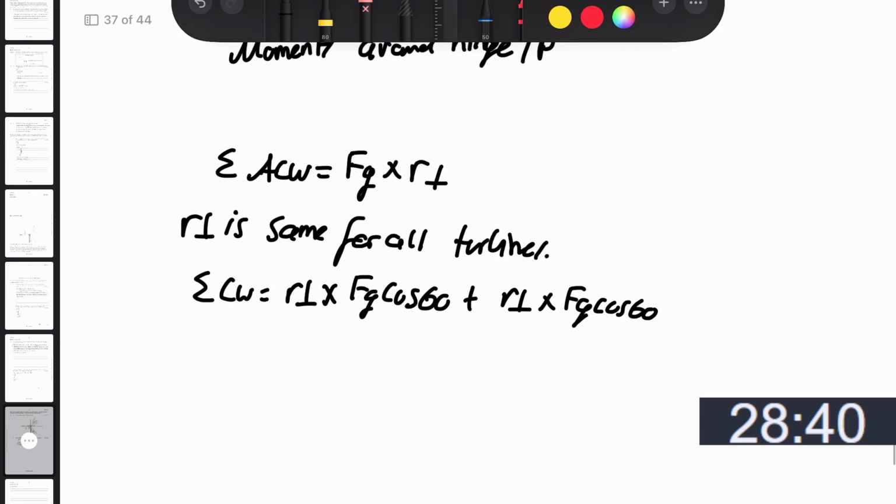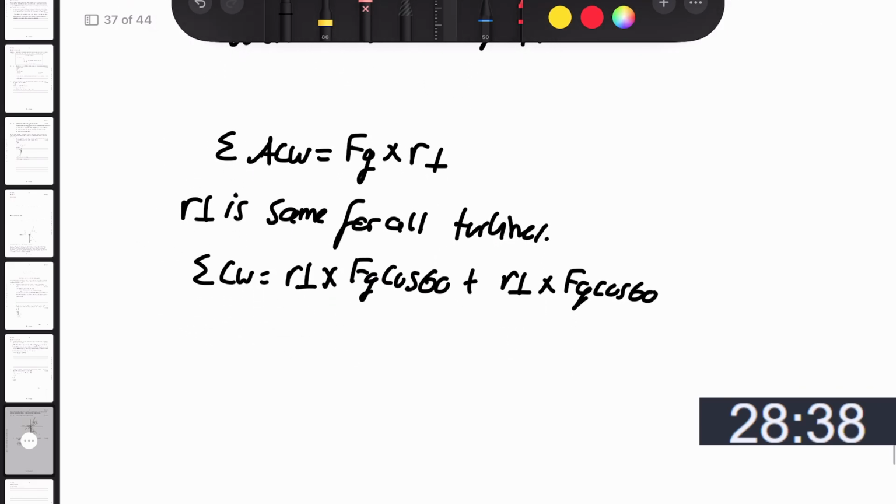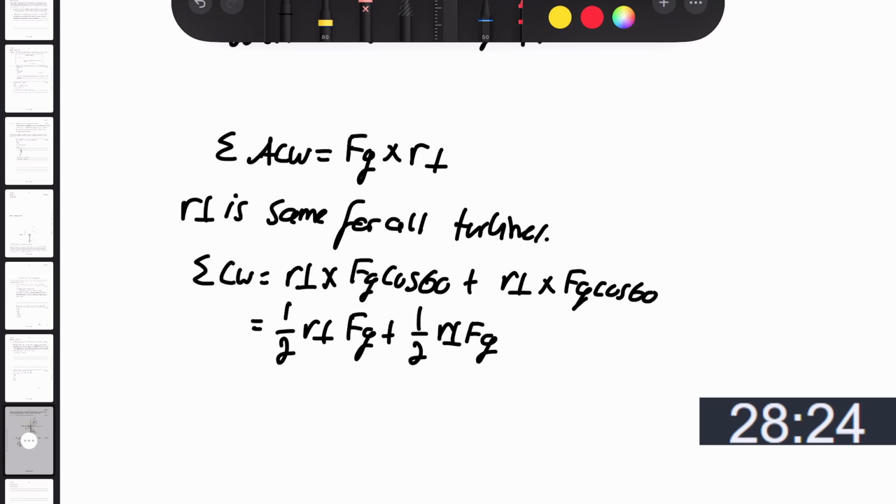So then, which is equal to half of r theta, because cosine of 60 is a half, f of g plus a half plus f of g is going to be 1, which is just fg times r perpendicular,